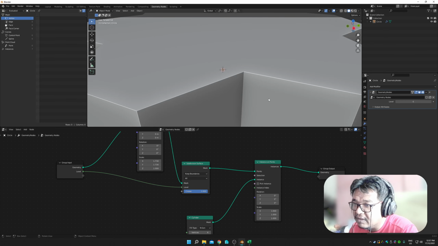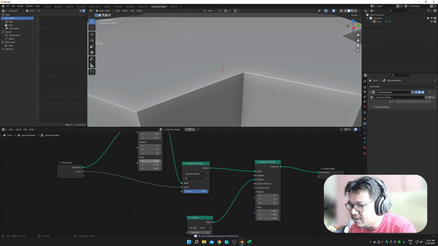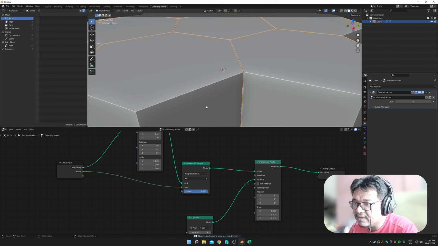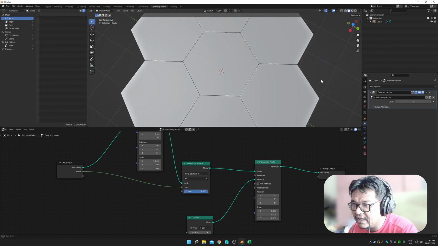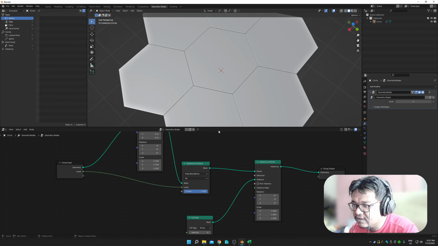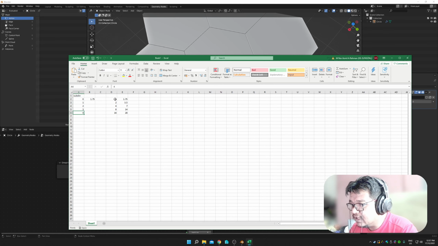Ah, that must be the actual value. 1.74. Closer. It has some gaps, that's how the hex should look. Okay, that's whatever value it is, right? It's 1.74. Like I said, we use it, we take